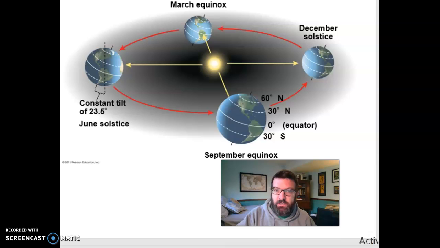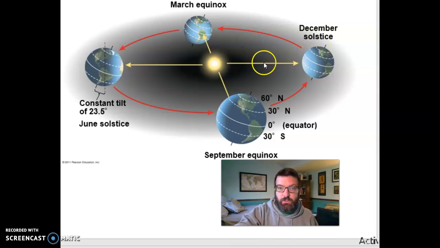Our most obvious seasonal changes in climate have to do with the tilt of the earth. So the earth is not straight up compared to the sun. It's tilted, as you can see here. For part of the year, the earth goes around, but the tilt stays in the same direction, right? So part of the year, like in June, for instance, the northern hemisphere is tilted toward the sun, and so it actually gets more direct sunlight than it does, for instance, in December, when it's tilted away from the